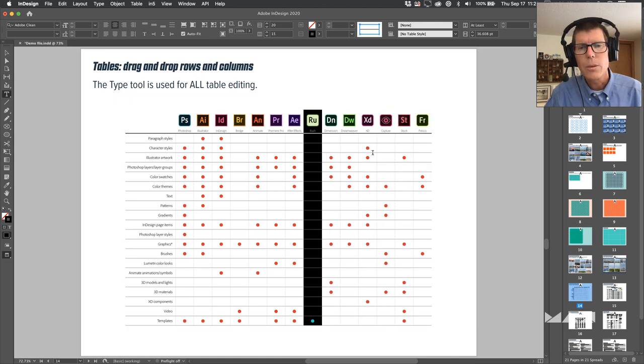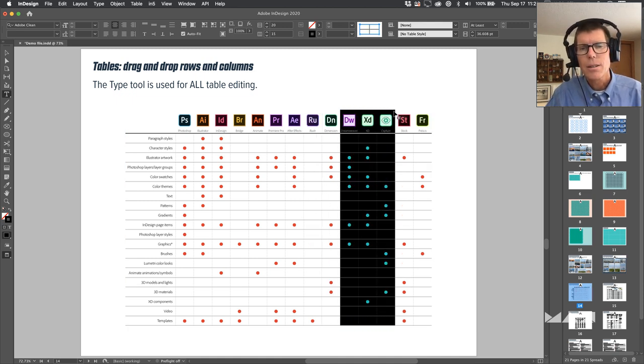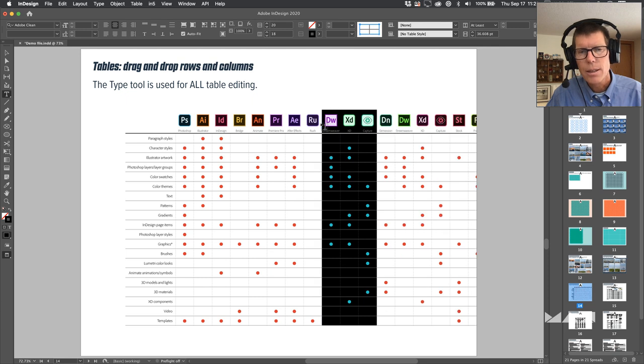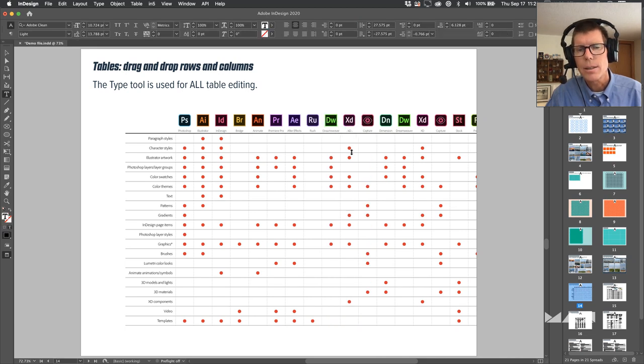A far quicker way would be to just select 3 columns, because I want to insert 3 columns here, and then just drag this over here, but add the Option or Alt key to duplicate those 3 columns into this location. So those columns are still over here, but I duplicated them here, so now I could put new content into the inserted columns. So it's a handy way to insert new rows and columns.